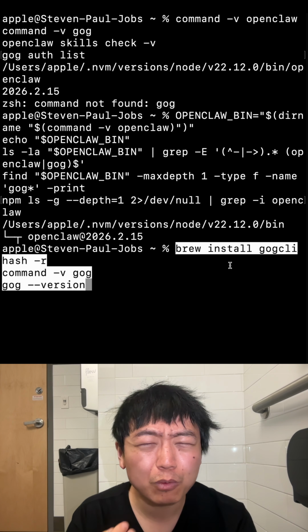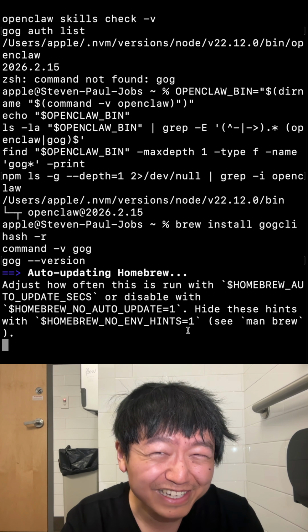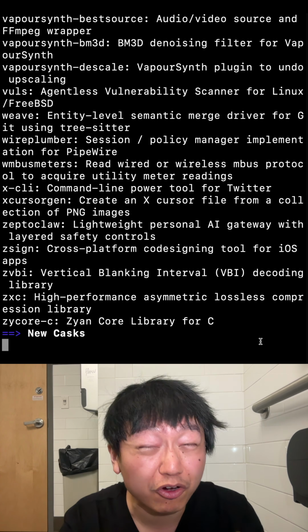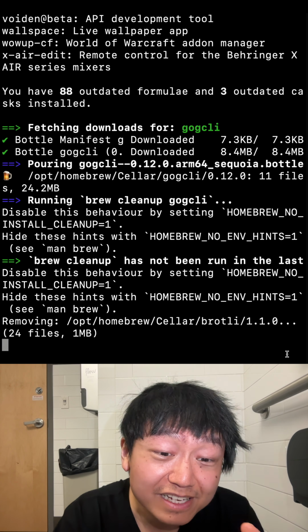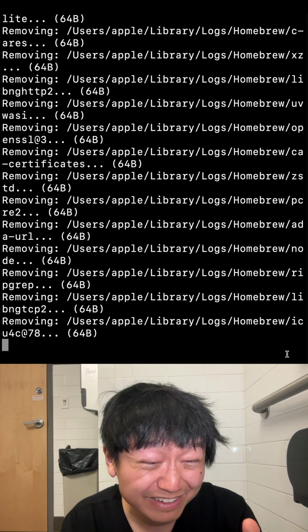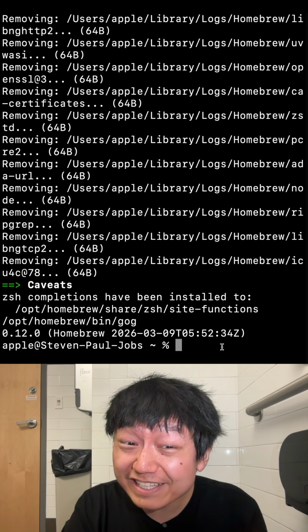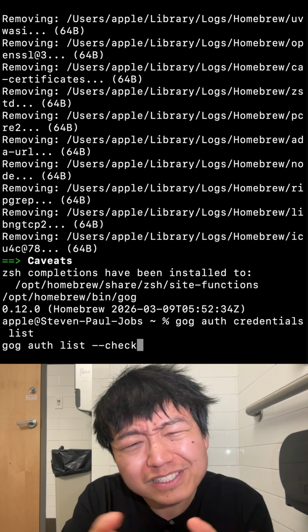So in today's video, I want to talk about how to use OpenClaw to clean up your Gmail. The first step is to install the Gmail CLI and verify it. The official GOG skill, which is the Gmail helper skill, suggests we install the GOG CLI via Homebrew. Before requesting any Gmail access, we have to inspect the Google authorization state, which is the highest-leverage next move,